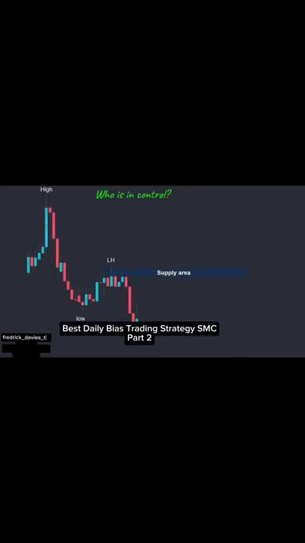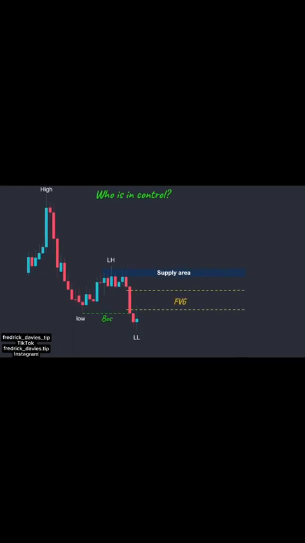Here we have a series of lower lows and lower highs, and an extreme area of the supply zone. Now, why is this supply area so important? Because it created a bearish imbalance and a break of structure. So, our bias is bearish. And if the price returns to this area, we can take short entries, and our first target would be this